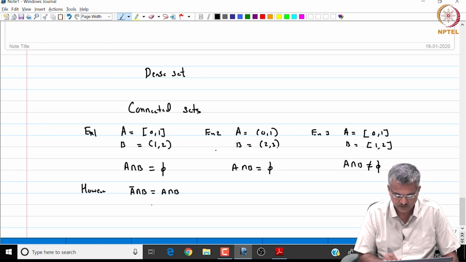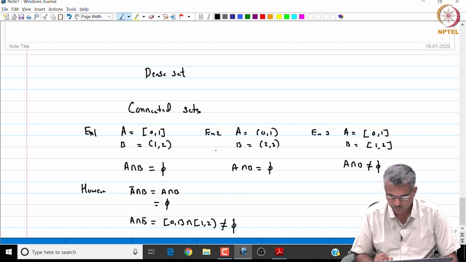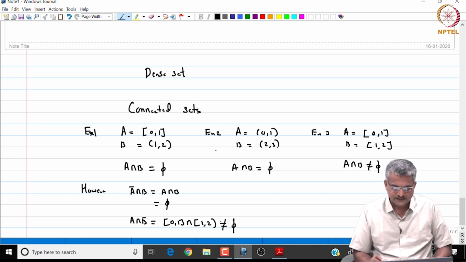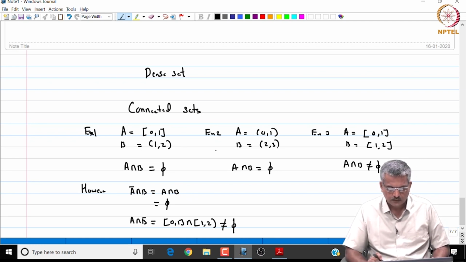So, it is A intersection B, which is the null set, and A intersection B closure is 0 1 intersection 1 2, which is non-empty, right. So, in that sense this A and B are not